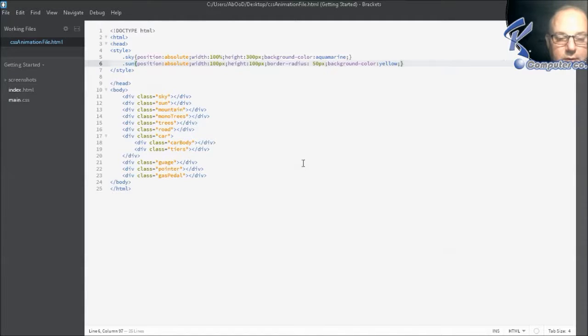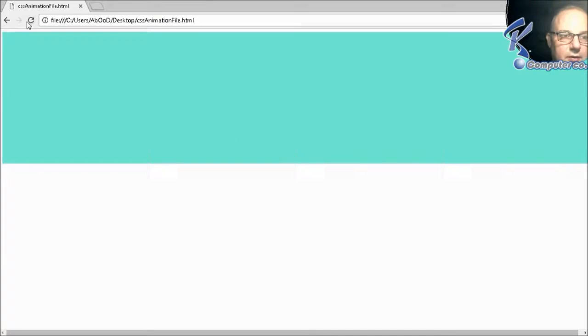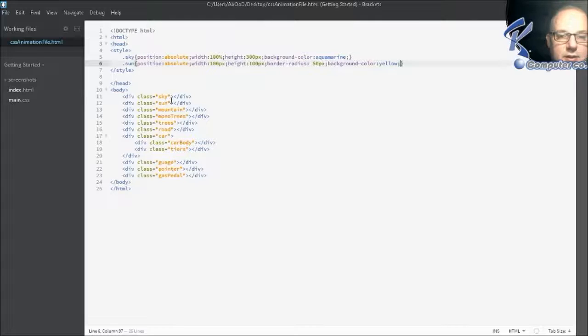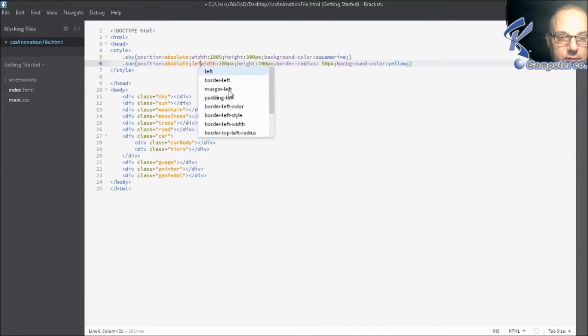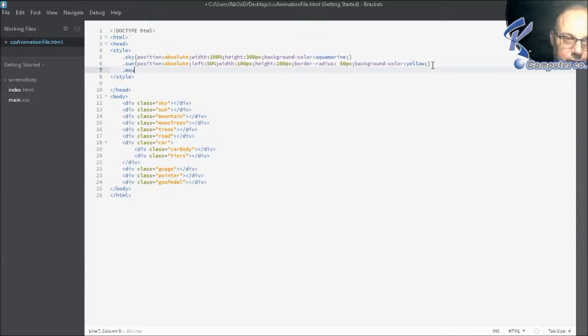Okay, so save and move back here. So as you see, this is the sun. I should specify the right, I should make it left 50% as example. Okay, this will be good for the sun. Now for the mountain, also I'll copy all that. Okay, position absolute,